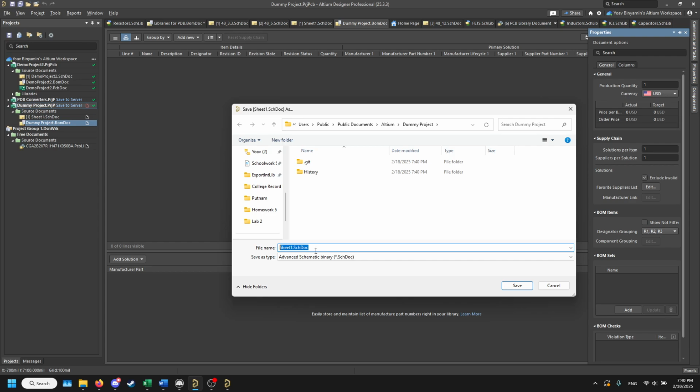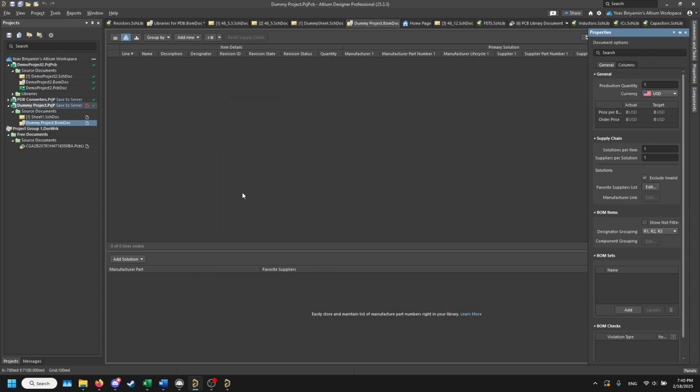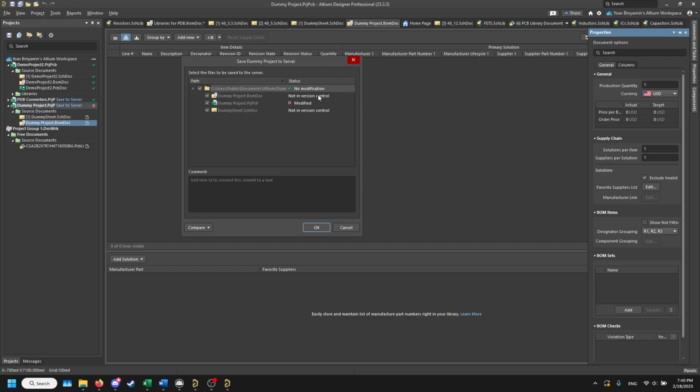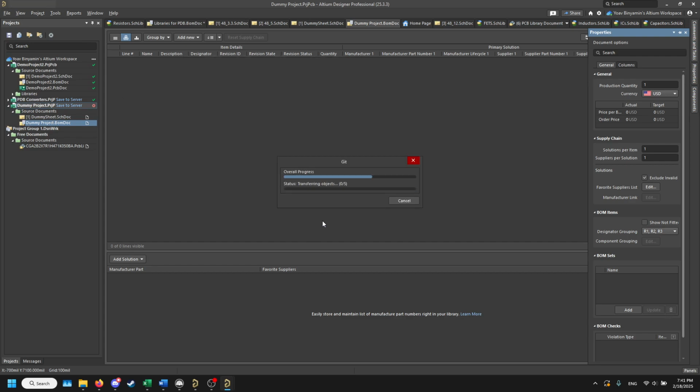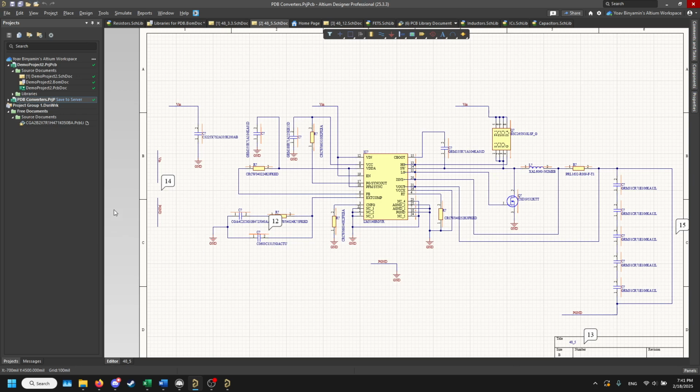I'm gonna rename this sheet dot. Oop, where did it go? Project should be